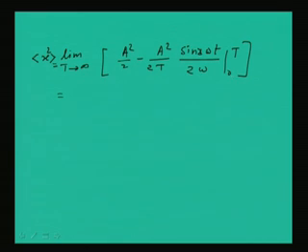Also for 0 value it becomes 0. So the mean square value is now a square by 2,